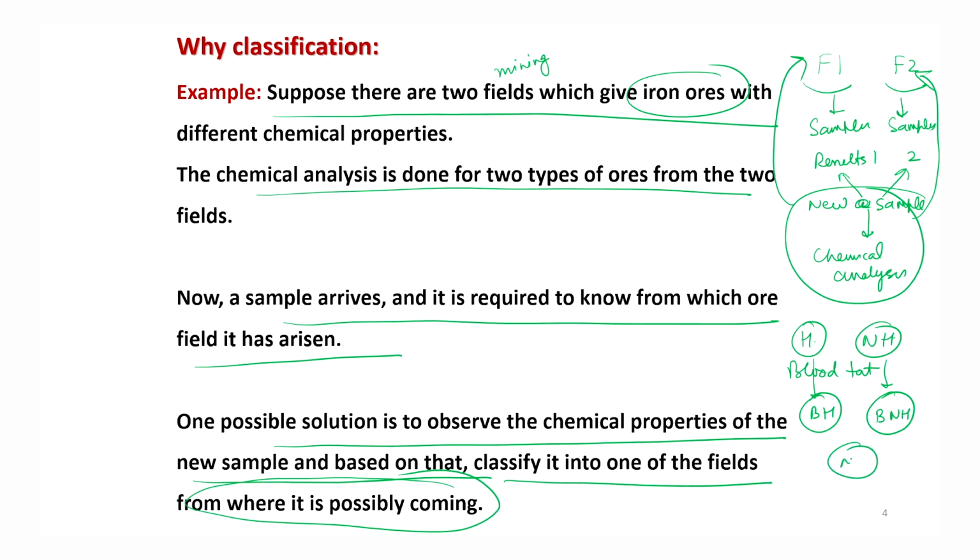Now a new patient comes and you try to conduct the blood test. Now based on the properties of the blood test, or the values of different parameters in the blood test of the new patient, you would try to see whether this person has more matching with the values in the blood sample of a healthy person or a blood sample of a non-healthy person. And then you try to classify the new patient into one of the groups, healthy or not healthy, right?